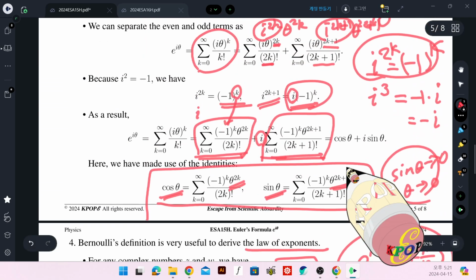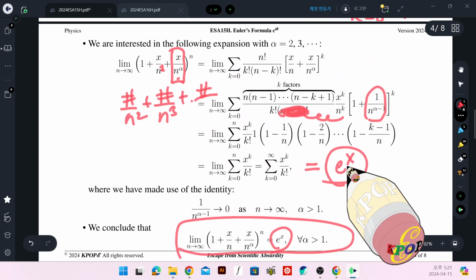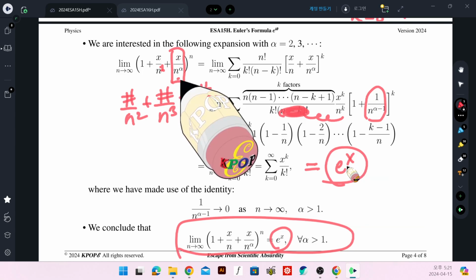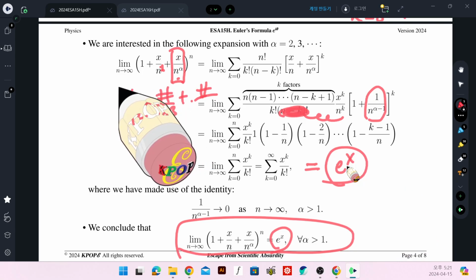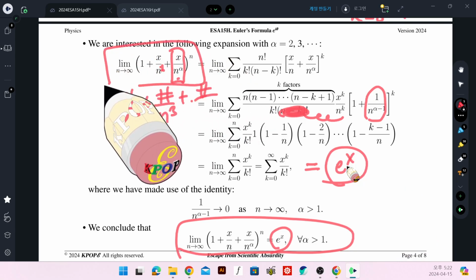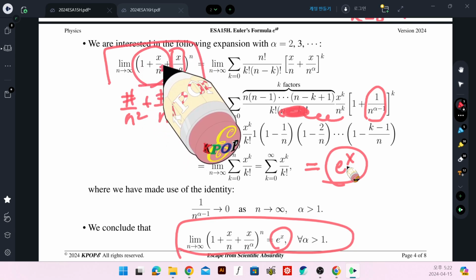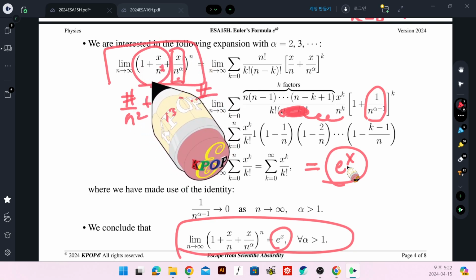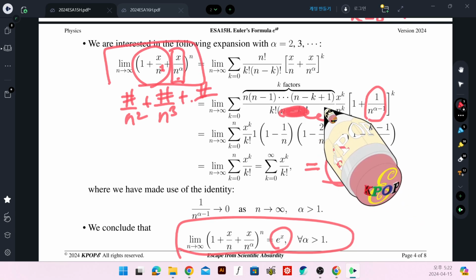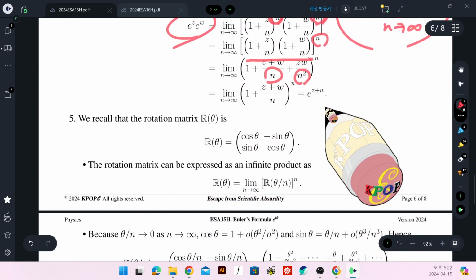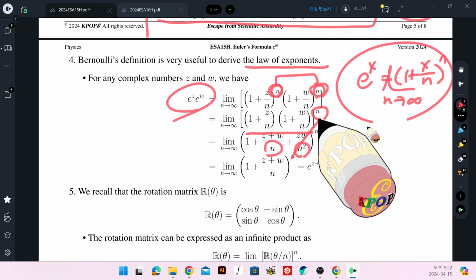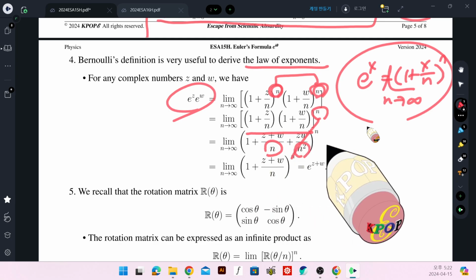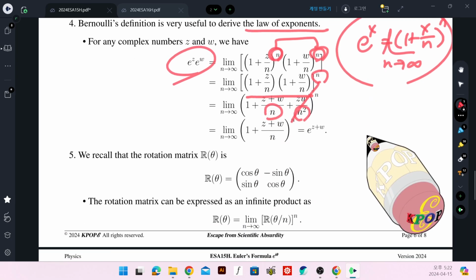We recall that higher order contributions do not contribute to the final result of this limit. Only the constant plus 1 over n contribution matters for the exponential function. As a result, we can neglect the 1 over n squared contribution inside the parentheses, and we arrive at the